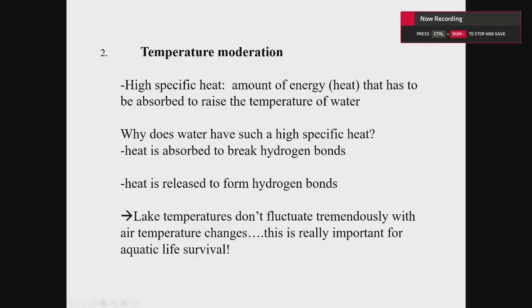A second really significant effect of water's interesting properties is something that we call temperature moderation or temperature modulation, which basically means that water keeps its temperature fairly stable, and it's very difficult to change the temperature of water, either going up or going down, heating it up or cooling it. And in scientific terms, we say that water has a high specific heat, that there's a lot of energy needed. You have to put a lot of energy into water